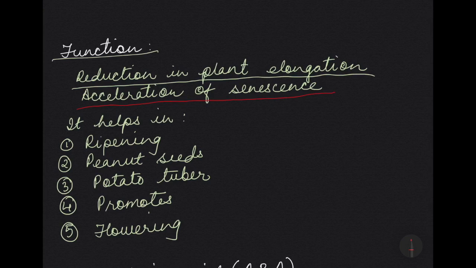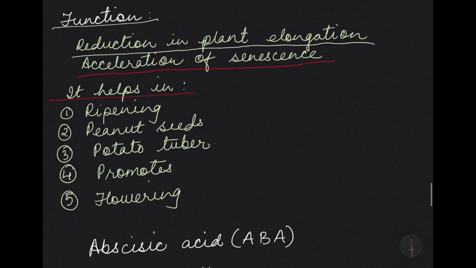You know, senescence means aging, so it makes the aging process faster. Okay, that is the main function. And apart from that, it also helps in ripening of fruits. You already know, we talked about how it was discovered in oranges,